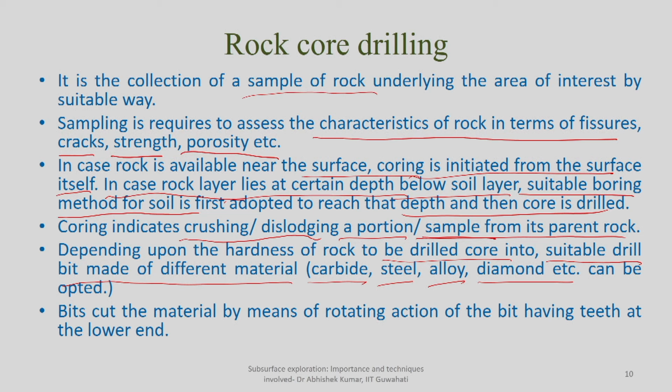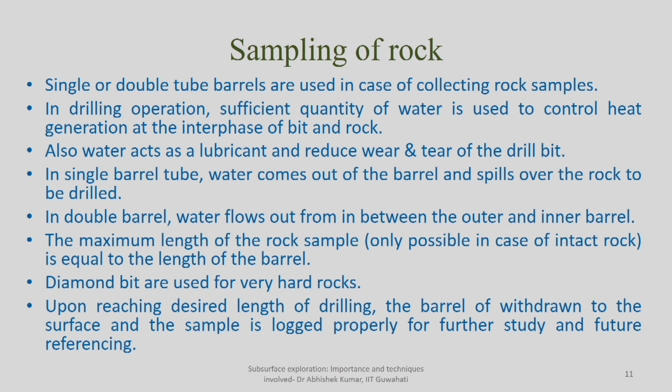So you have this drill rod, which goes to the depth at which the rock sample is available. Then there will be a drill bit attached at the bottommost end. You put that drill bit, the tooth face, on the face of the rock. Then you start rotating, so it scratches from the periphery, and once the material is scratched, your drill rod is lowered, and the same process is continued for deeper depth. Once you reach the desired depth, you bring the material onto the surface. That is called the core, the sampling of the rock.